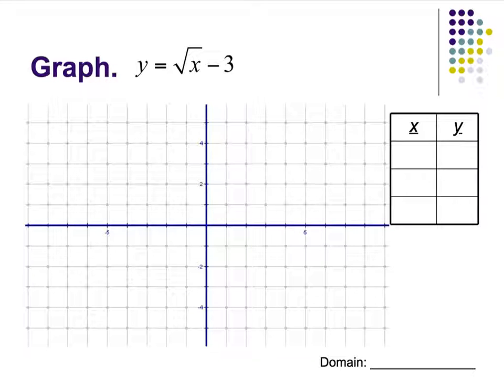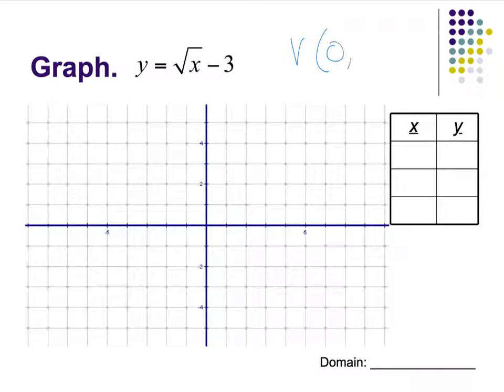Alright, so if we're asked to graph a radical function, we first want to find our vertex. Now, what we need to do is look inside the radical and just outside the radical to see if anything's added or subtracted at the end. Basically, we're using transformations. This one doesn't go left or right at all, so for my vertex,